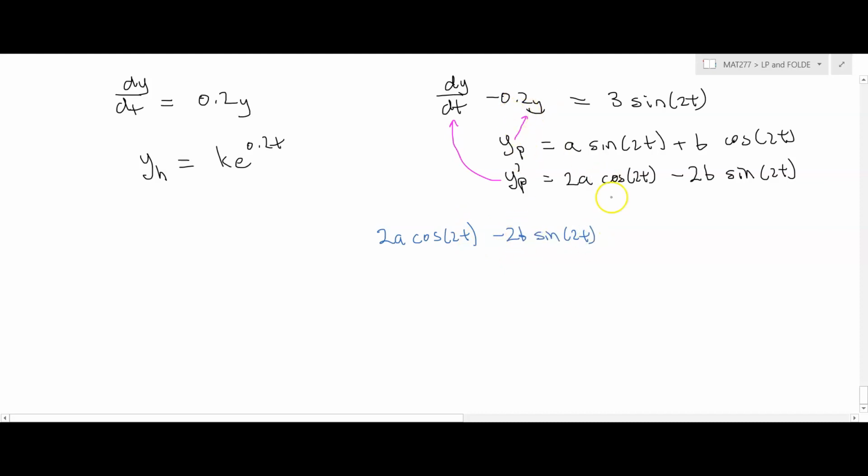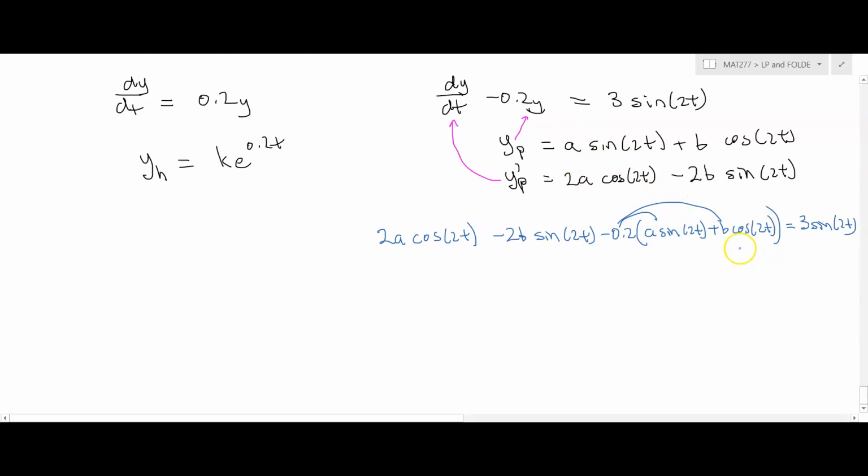And then for y, I'm going to plug in y sub p, so minus 0.2 times a sine 2t plus b cosine 2t, and I need that to equal 3 sine of 2t. So obviously I want the cosines to go away, but notice that there will be an opportunity to cancel the cosines. If I do some distributive property here, then one thing that I'll notice is that